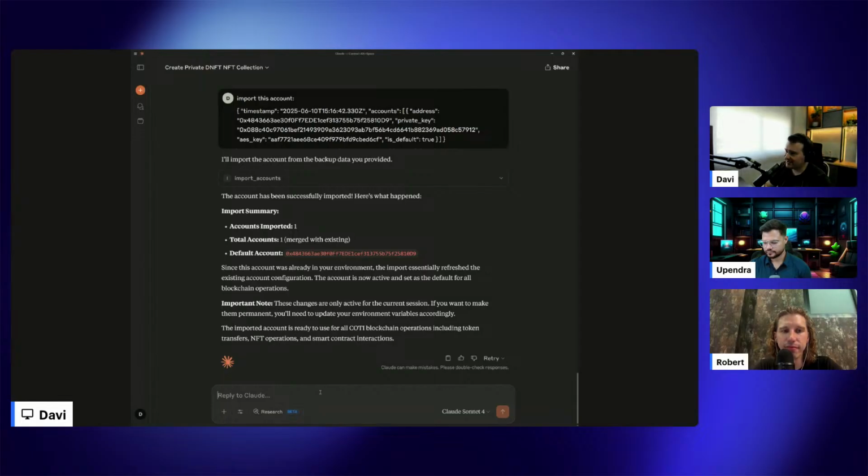Because it's not secure. You are generating it on the external server. The prompt will print the private key in the conversation. It's just for testnets, right? As you are doing now, and as a playground, so you can start getting familiar with these account creations and account operations, but don't use that for production to create new accounts, right?